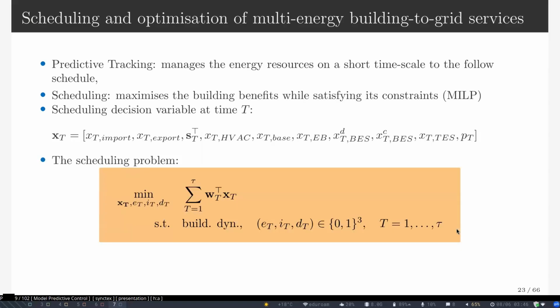The top level decisions might be things like, what is the state of my HVAC? Do I turn things on or turn them off? I have battery storage. I have thermal storage. I do all of these things. When do I turn things on and off? So there are a bunch of integer constants.